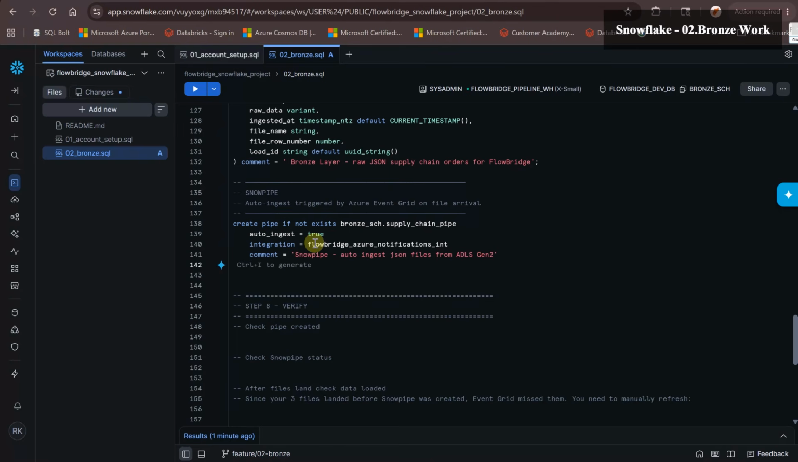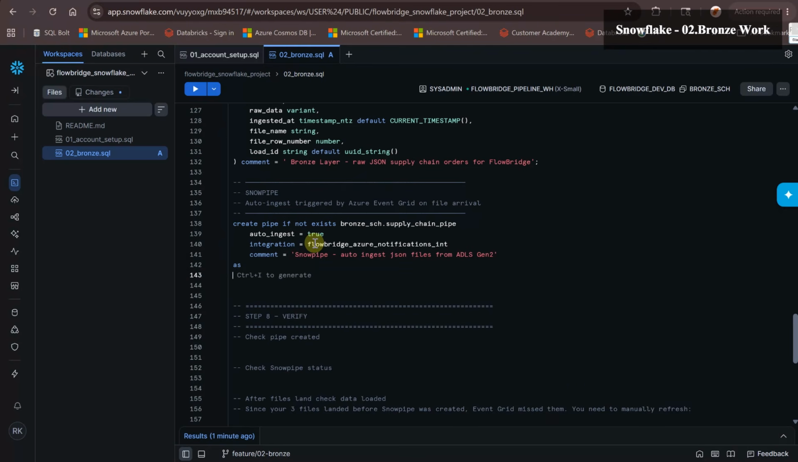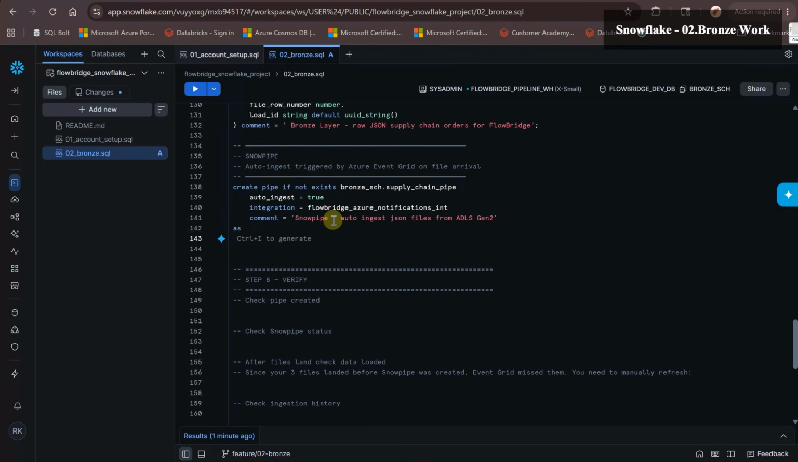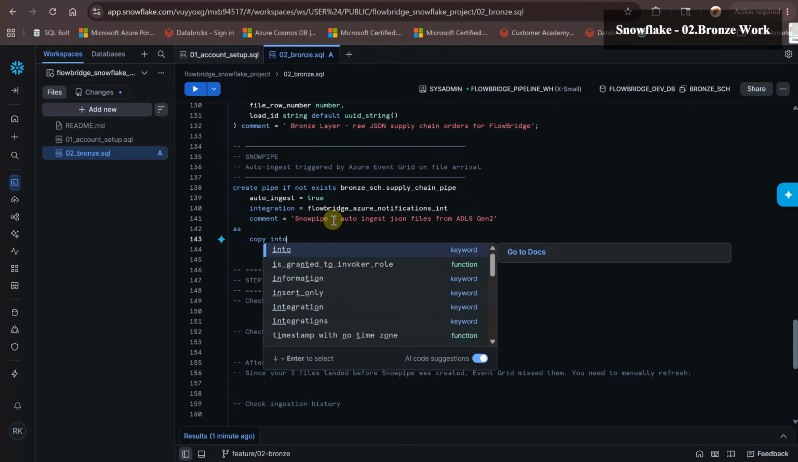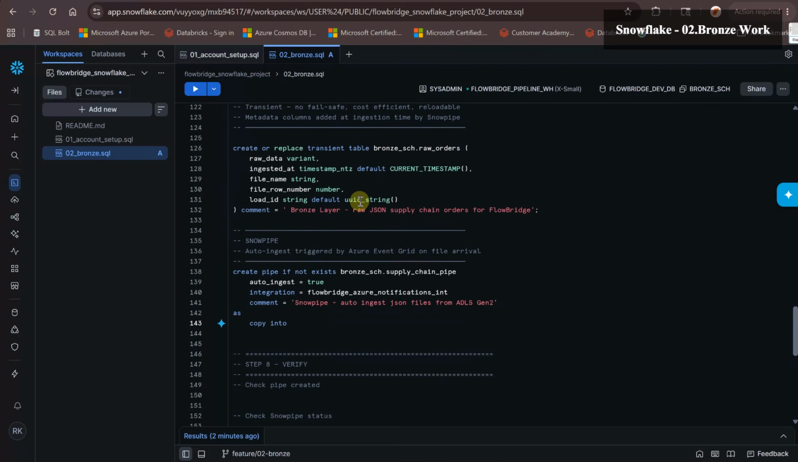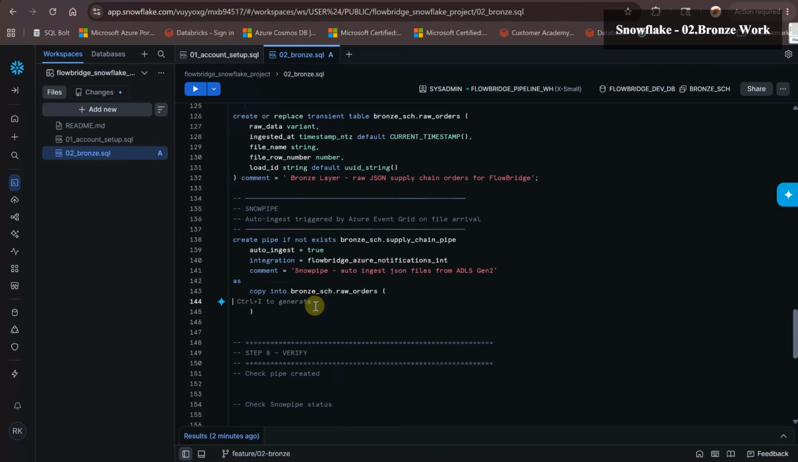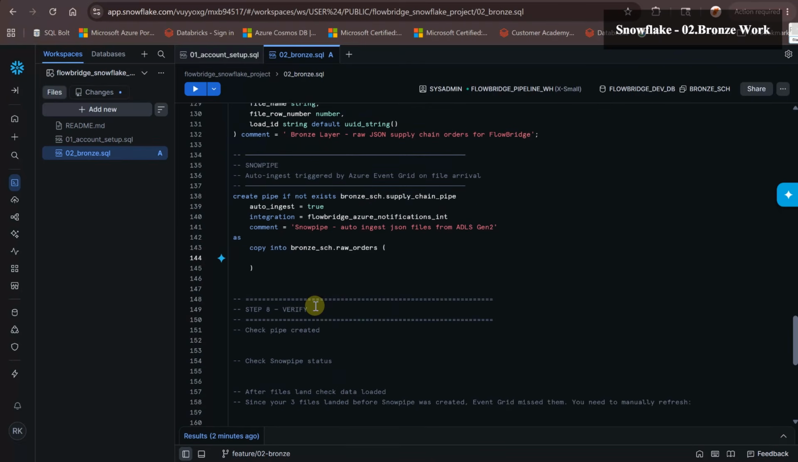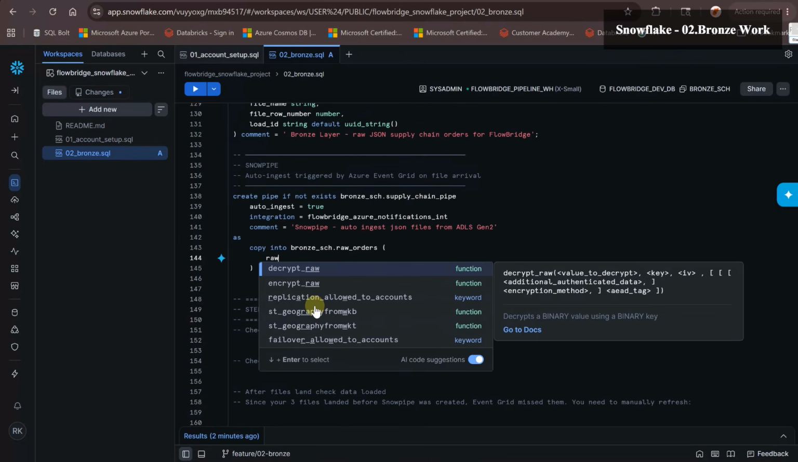Okay, so in this section we will create the pipe, but while creating that pipe, we need to perform data movement, right? So for that, we'll say copy into. This pipe will fetch that data and then copy it into this raw orders table. Copy into raw orders. In order to maintain our column mapping correctly, we will mention our three column names correctly,